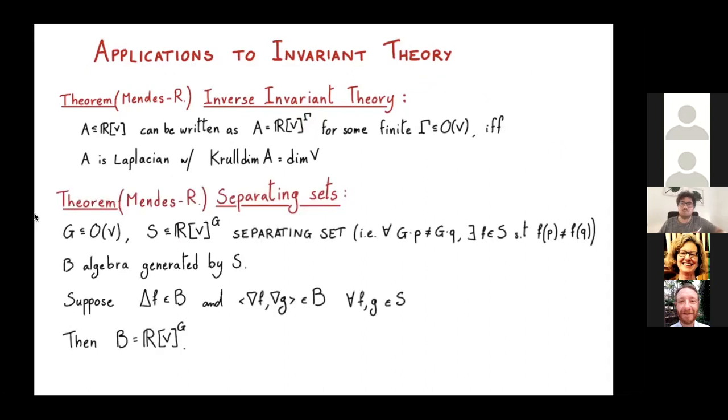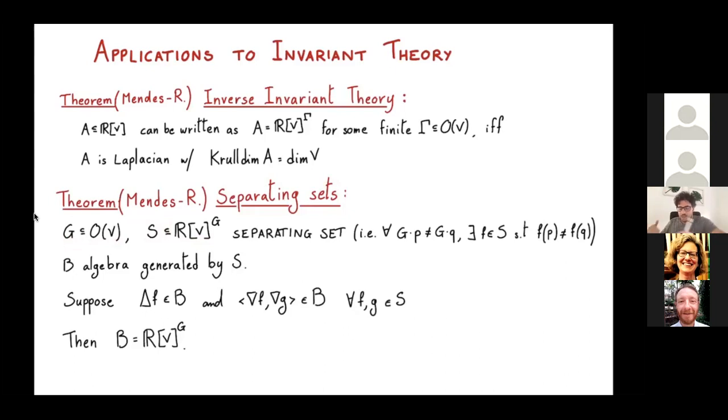Okay, so the second result is about a characterization of separating sets. This is a problem that appears in general in representation theory. What happens is the following: you have a group acting by isometries on a vector space, and you want to understand the full algebra of invariant polynomials. But what you can find easily is actually a set that separates the orbits, a separating set, which